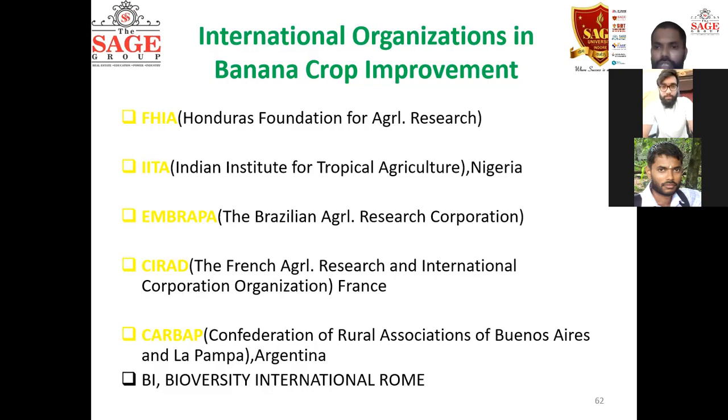So the Cavendish group may include 2 or 3 major types in India. Grand Nain is the very first and very prime, very important in India, that we introduced through the technology called drip irrigation from Israel. After that, we have so many others like Dwarf Cavendish, Robusta, Giant Governor, then Harisal. Basrai and Robusta are the same. In Gujarat we call it Lokhandi.